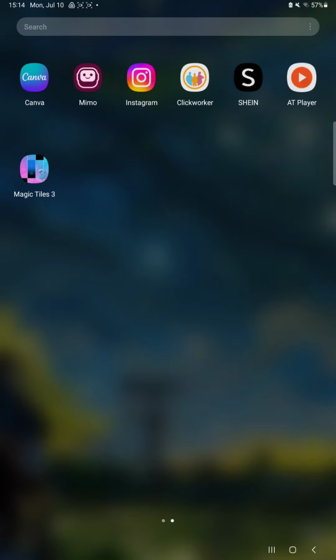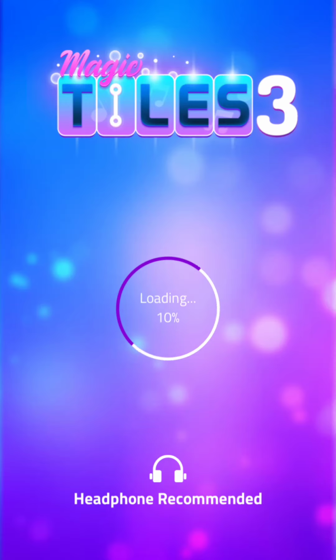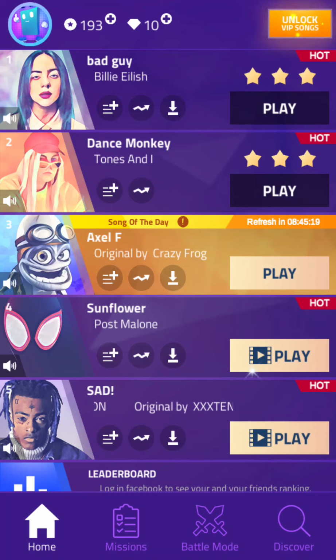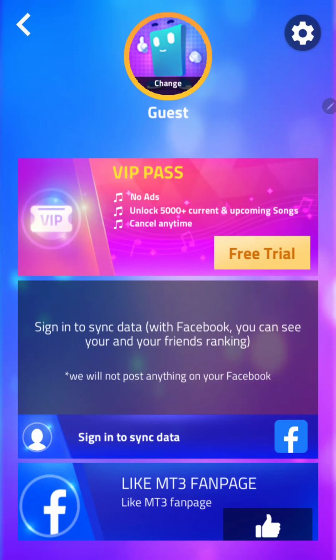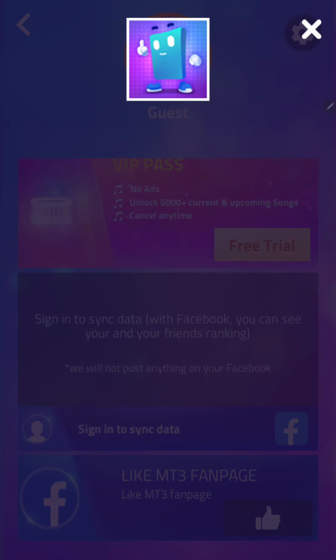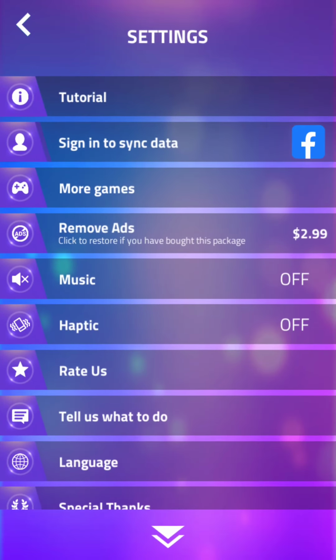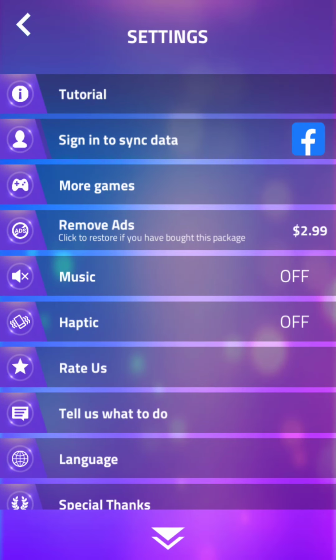First of all, open the application on your device. This will take 5 minutes while the application is loading. Click the profile icon at the upper right corner of the screen, and click the settings icon at the upper right corner. And here you can find the haptic option. If you want to turn it on, just click the off button